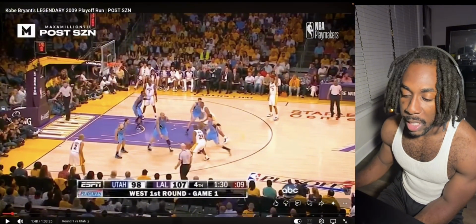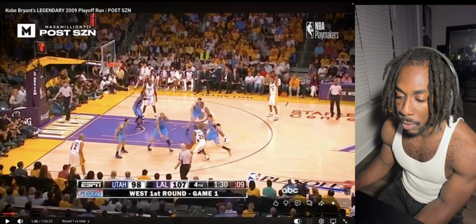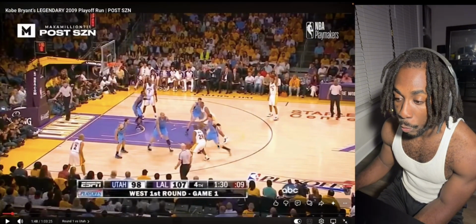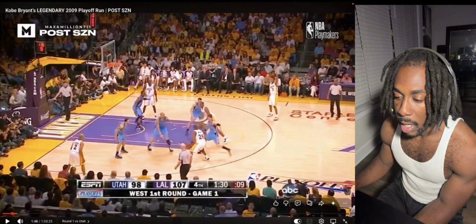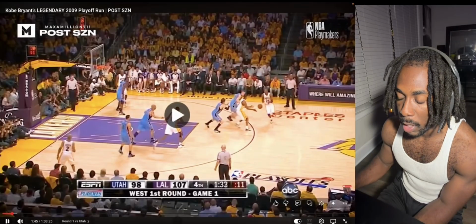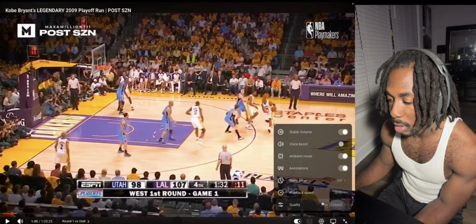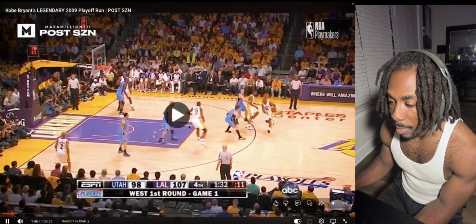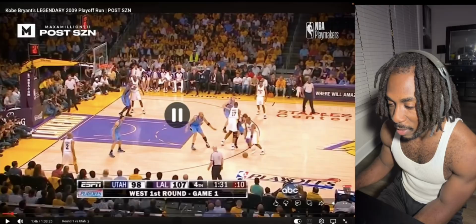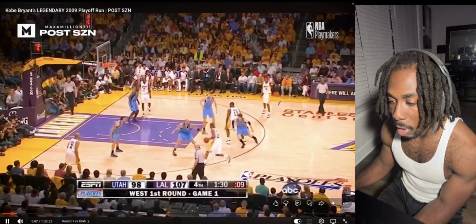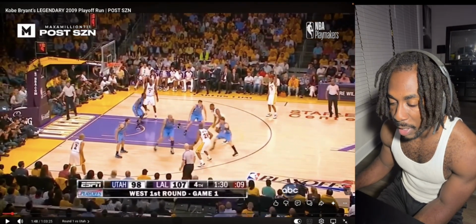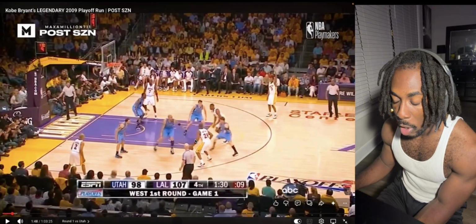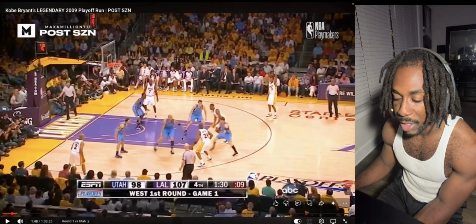I think that's Boozer. He's reading what Boozer is doing and what Kyle is doing, because by reading Boozer, he's waiting for Kyle to get back in front for him to re-attack where Bynum is. Okay, so it's kind of like he comes off. Let me slow this down even just a little bit more. So what happens is he's coming off of that second screen and he's slowly drawing Boozer down as much as possible. Because what's going to happen is, first of all, if Kyle doesn't get in front, Kobe's just going to rise up and shoot that shot right there.